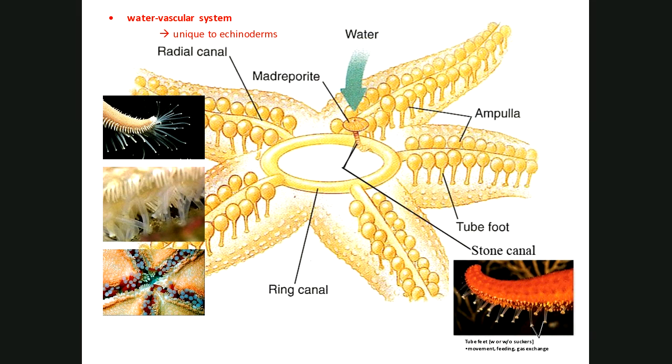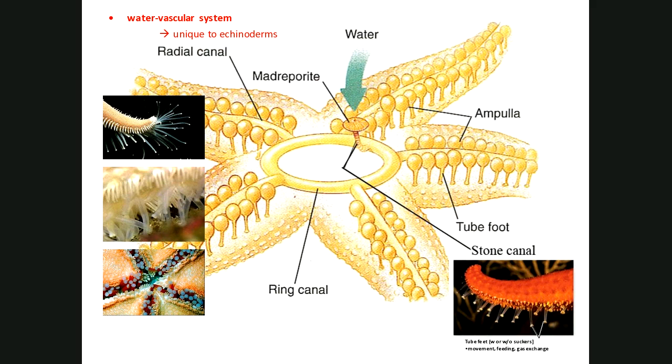What echinoderms use their water vascular system for is for movement and for capturing prey. It's all driven by water pressure, right? So water moves in through something called a madreporite. You can see there in the picture. And from the madreporite, the water then goes down this little thing called a stone canal. It's named that because it actually is very hard. It's like a stone. So it's a series of pipes into a ring canal, into radial canals, and those radial canals along either side have a bunch of these ampullae.